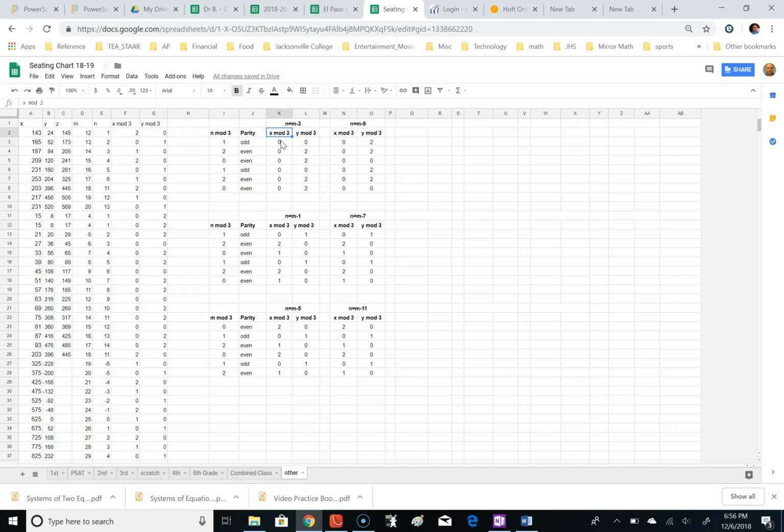x is congruent to 0 mod 3. That is, x will be divisible by 3 if the difference between m and n is divisible by 3. That makes perfect sense. Alright, if the difference between m and n is 1 and 7,